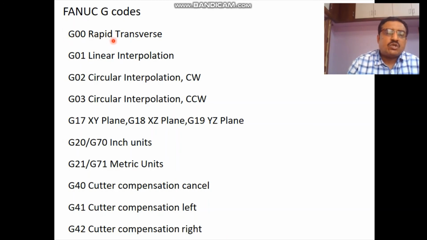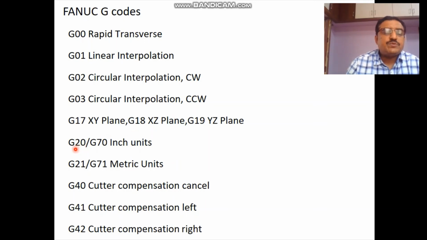For rapid motion of the tool, G00. For straight line motion, G01. For circular motion, G02 and G03: G02 for clockwise movement and G03 for counterclockwise. To define the working plane, XY is G17, XZ is G18 and YZ is G19. These are the three codes to define the working plane.